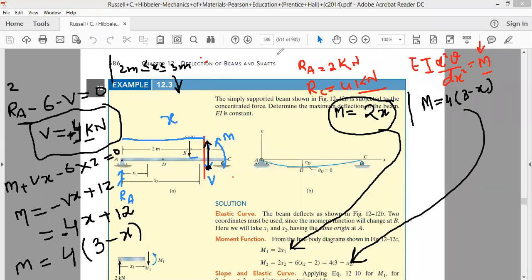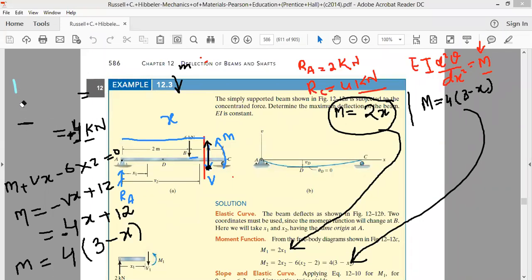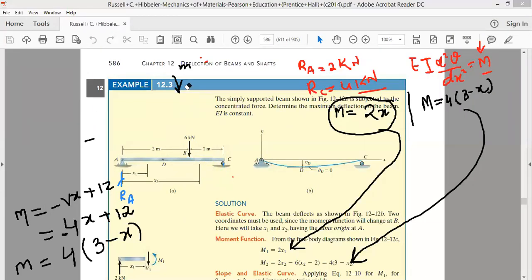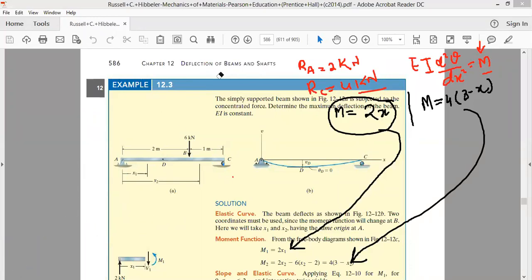Now let's go ahead. After finding the equations of the bending moment, we will use the moment curvature relationship. We'll use the deflection formula for this beam. As far as the deflection formula is concerned, the deflection formulas are EI. So now we have two bending moments, so we'll essentially be in two sections. First, we'll be in the section for x less than or equal to 2 meter. In this section, we have EI